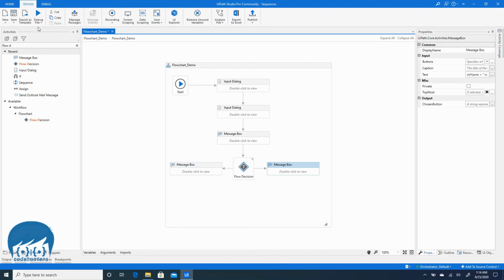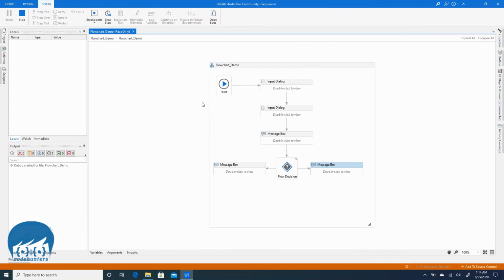So let's debug this and see what the output is. So first it's asking the username as expected. David, we will give India. Let's click OK, and it says location of David is India. This is this message box, and when we click OK, it says David is from India, which means it has gone into the true part and shown this message box.